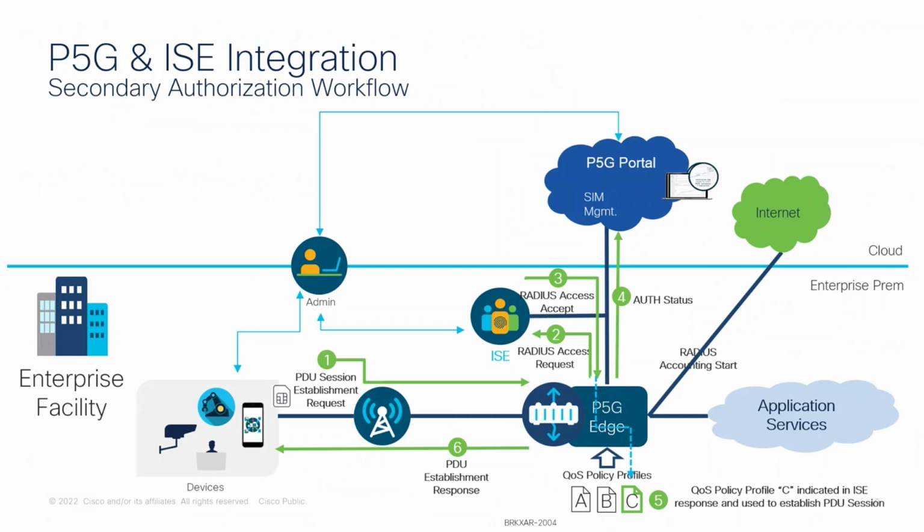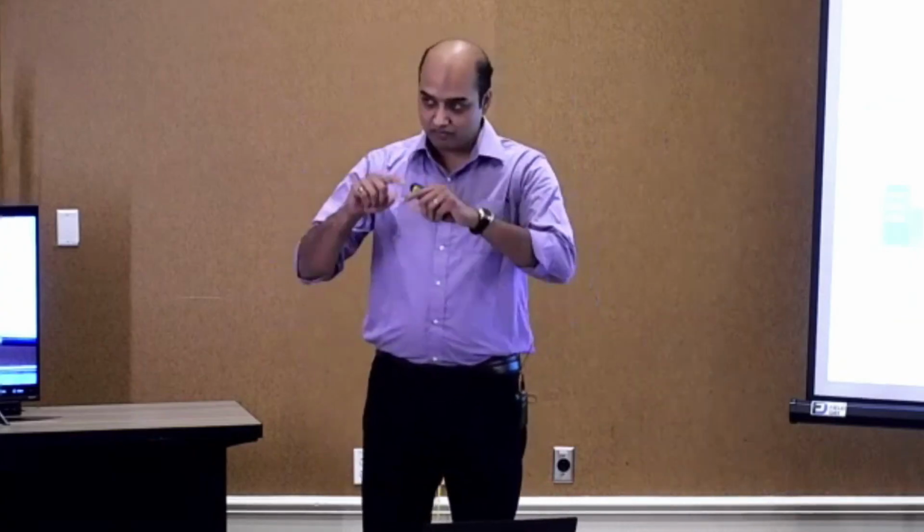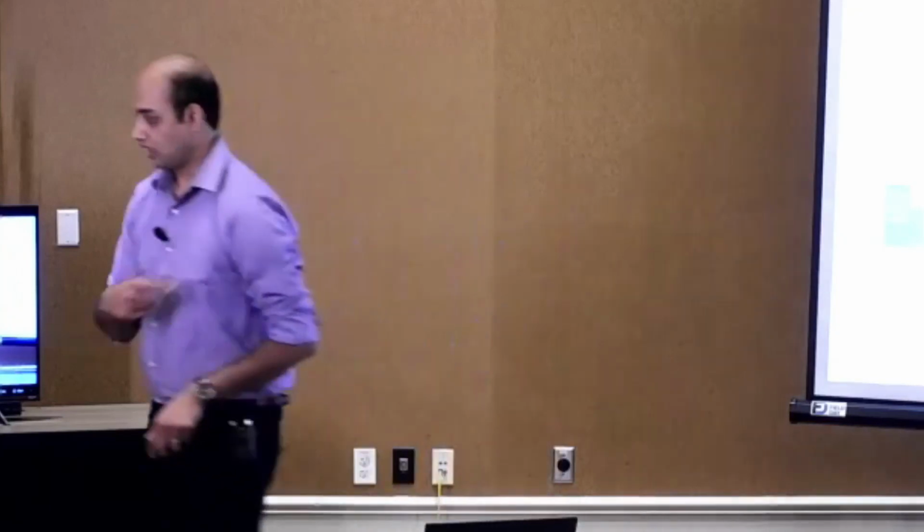And it does that every time the user requests the PDU session? If you have assigned that policy, yes. If the enterprise has ISE and P5G at their location, and you say yes, I want to use that, it will do that every time. So if the user is requesting multiple different PDU sessions, it will do it multiple times? Yes. Interesting. And the good thing is you can have a scenario where, and I'll start this so that I can do the demo,